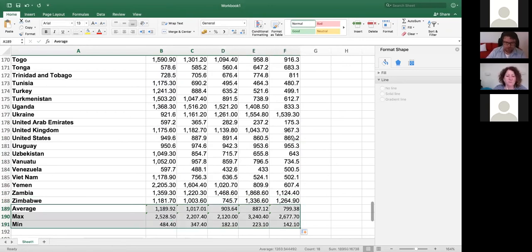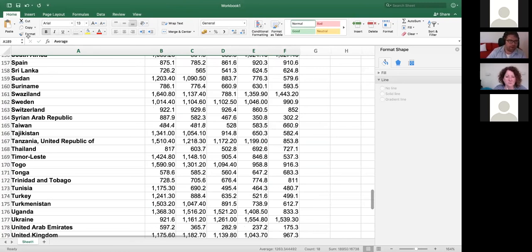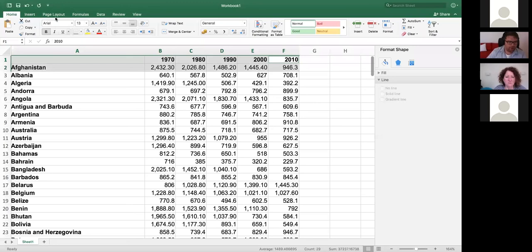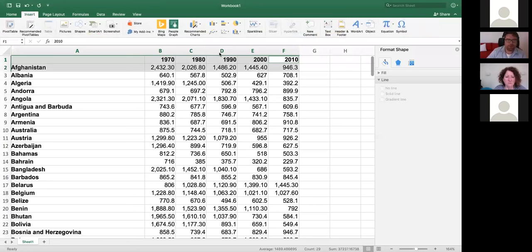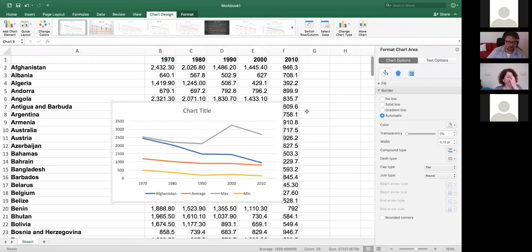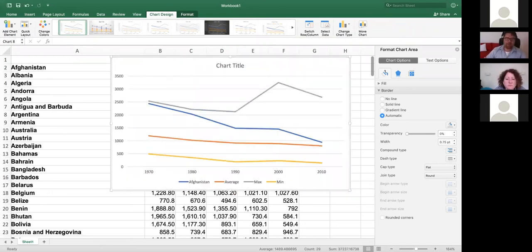my mouse trackpad is being a little bit complicated. And then let's say we also add in one country for comparison. So we've got Afghanistan in there as well. Let's insert a chart. This right there starts to give us a little bit of an idea of what needs to happen. Now, based on those principles before, edit, color appropriately, and title appropriately,